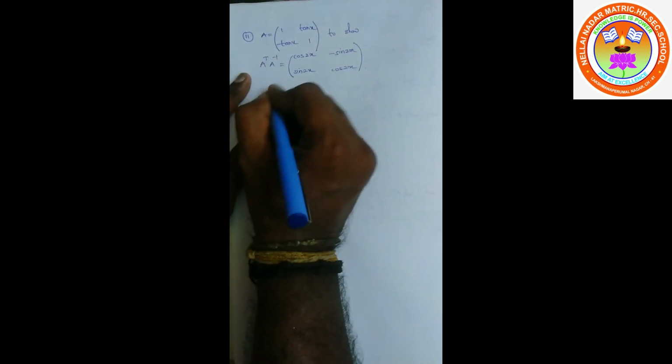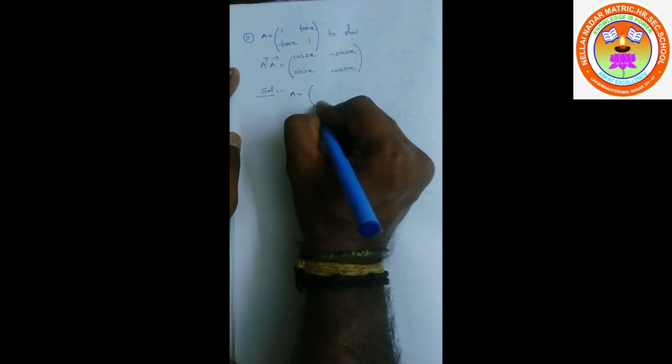11th sum: A is equal to [1, tan x; minus tan x, 1]. To show A transpose into A inverse is equal to [cos 2x, minus sin 2x; sin 2x, cos 2x]. For this we are going to use some 11th trigonometric formula. Using that only we can solve this sum very easily. So solution: